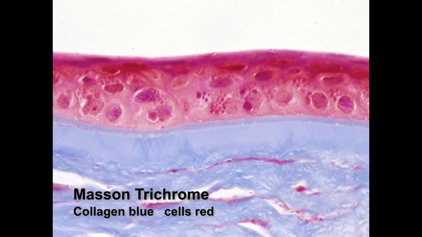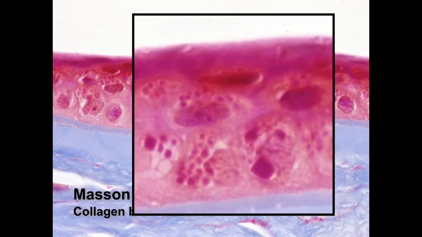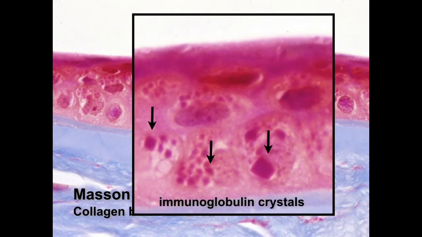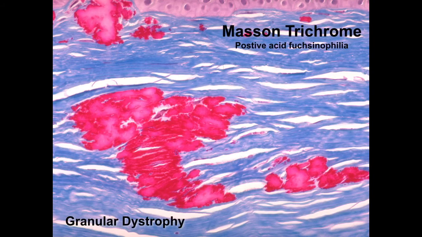This was an interesting case. Under higher magnification, we see these little square deposits within the epithelium. These were crystals of immunoglobulin, and the patient was found to have Waldenstrom macroglobulinemia. Masson trichrome classically is used to diagnose granular corneal dystrophy. The deposits of abnormal TGFBI protein in the stroma have crunchy margins, and they stain intensely red with the Masson